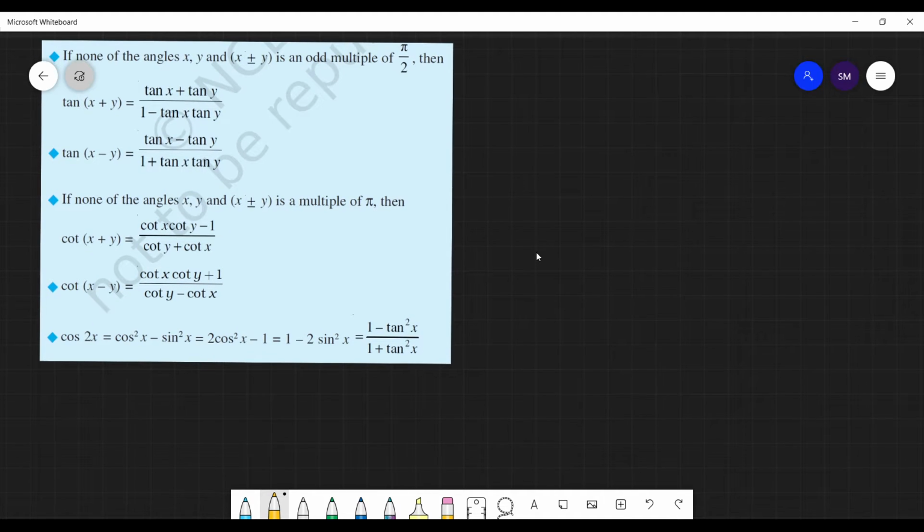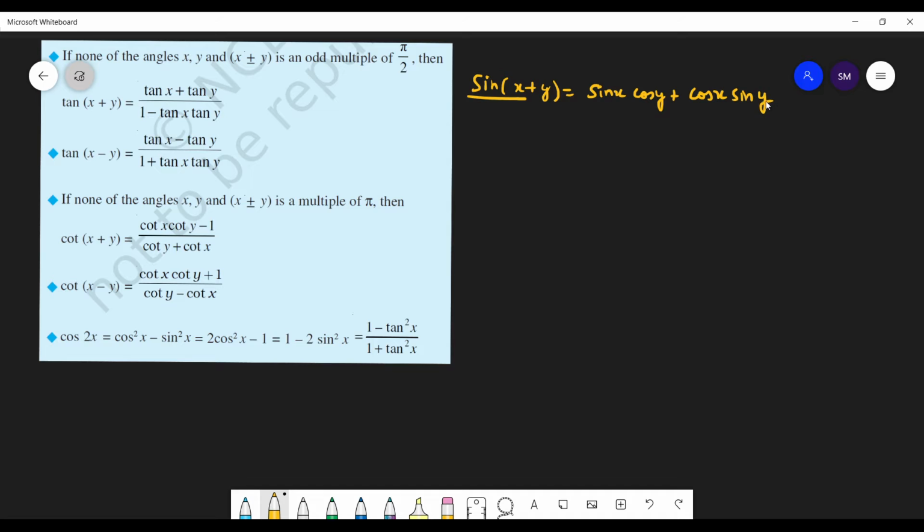See, these formulas are the basic formulas. Like I have written sine(x plus y) is equal to sine x cos y plus, now reverse that, cos x sine y. Very good. You keep on speaking along with me also. That's fine. No issues at all. And if it is a negative sign here, then it is negative. So you know the formula of sine.